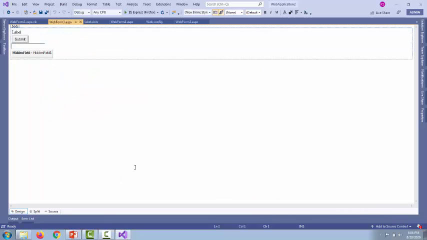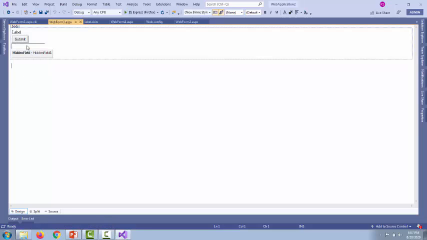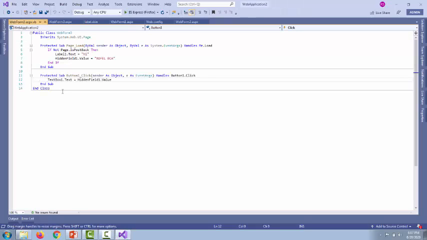Okay, now let us look at the example of the hidden field. Here I have taken one hidden field control from the toolbox. You can see that it is a hidden field, and its ID is hidden field 1. In the submit button we code text box 1 dot text is equal to hidden field 1 dot value.